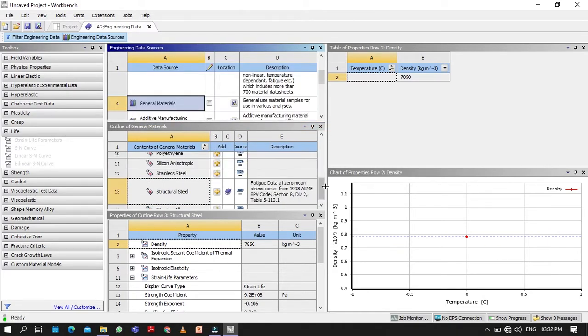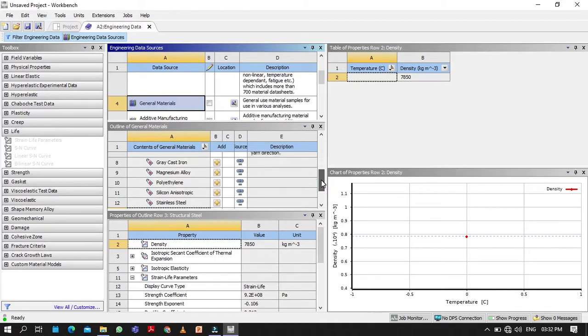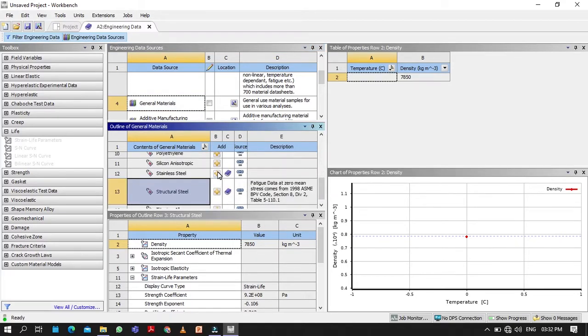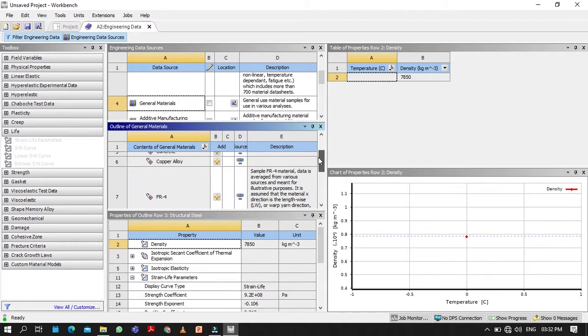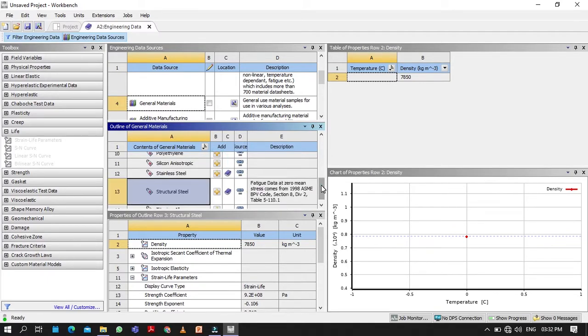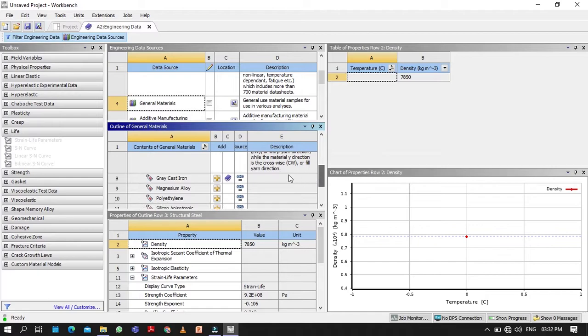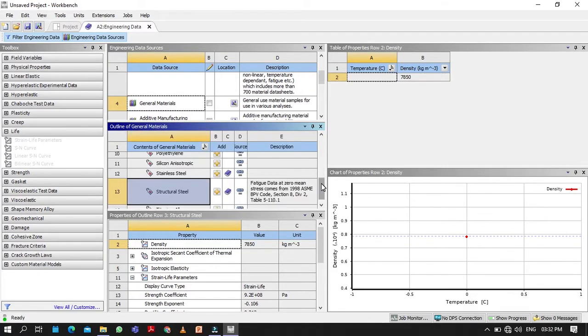So I am going to choose stainless steel, grey cast iron, copper alloy, magnesium alloy, and structural steel is by default.